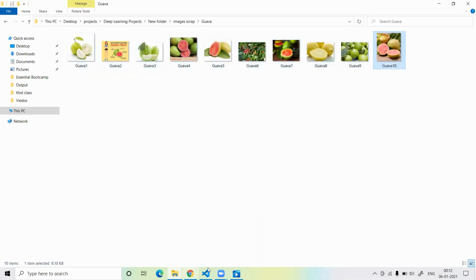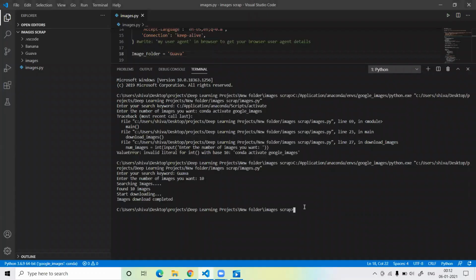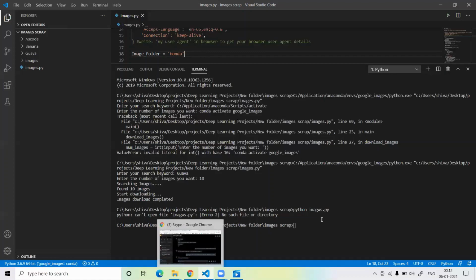Okay, again I just show you some other images. First write python images.py, and this time first of all I change the folder name. So this time I just write Honda. I just tried to download some Honda, like what can we do? Honda templates, guys.